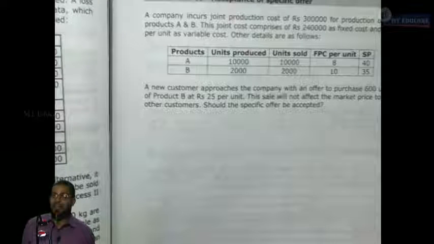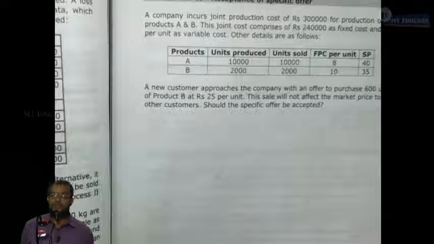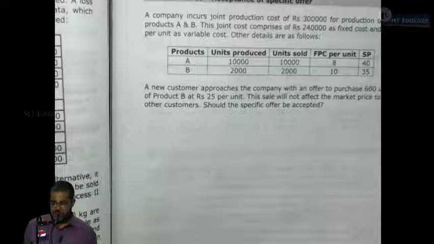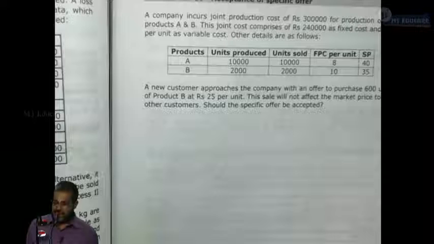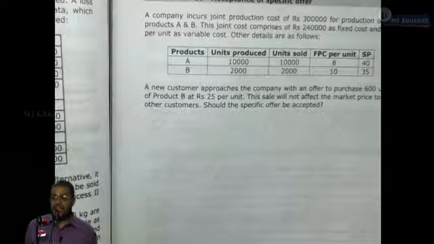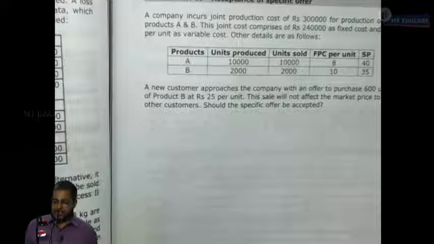A company incurs joint production cost of 3 lakhs for production of 2 products A and B. The joint cost comprises of 2,40,000 as fixed cost and 5 rupees per unit as variable cost. Other details are as follows. Product A, product B,